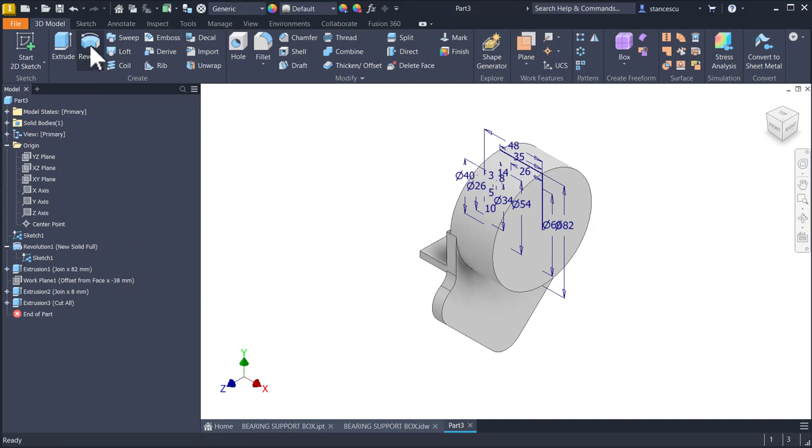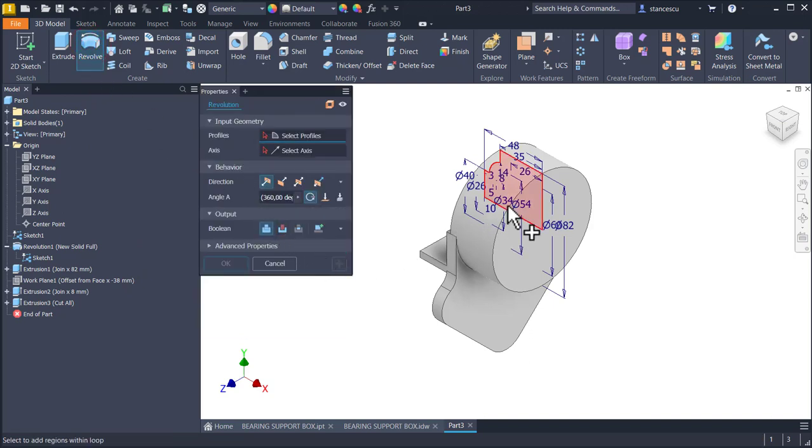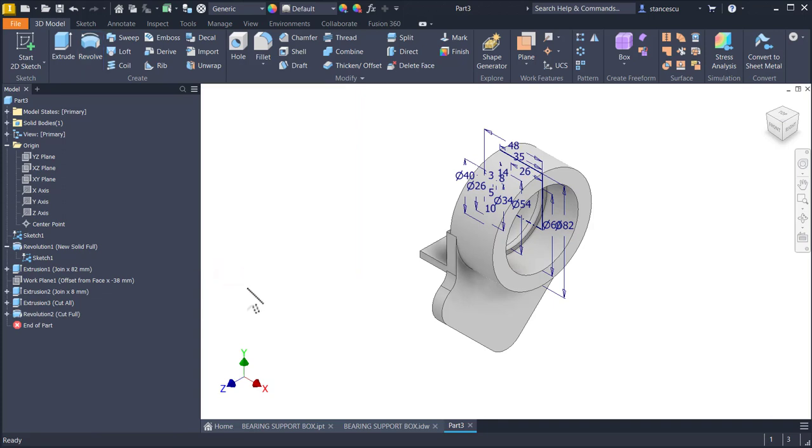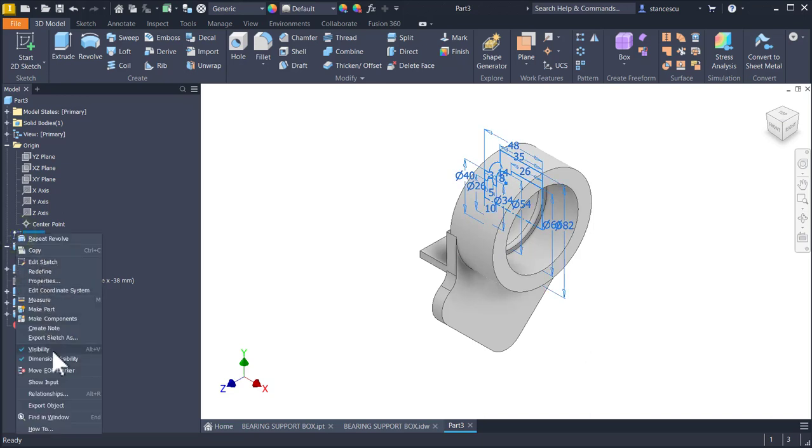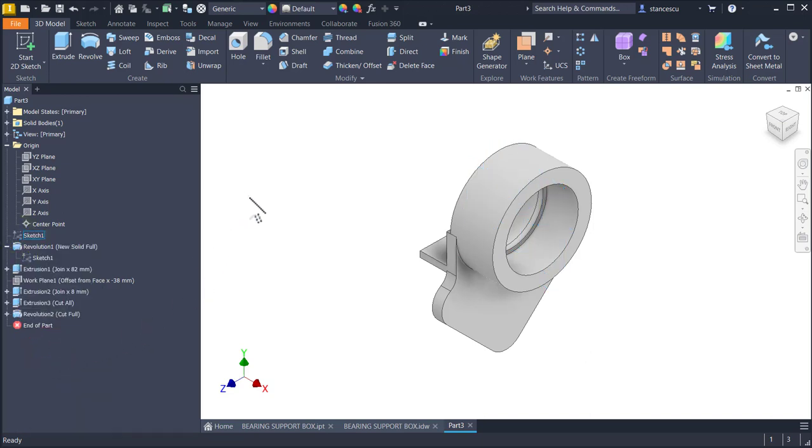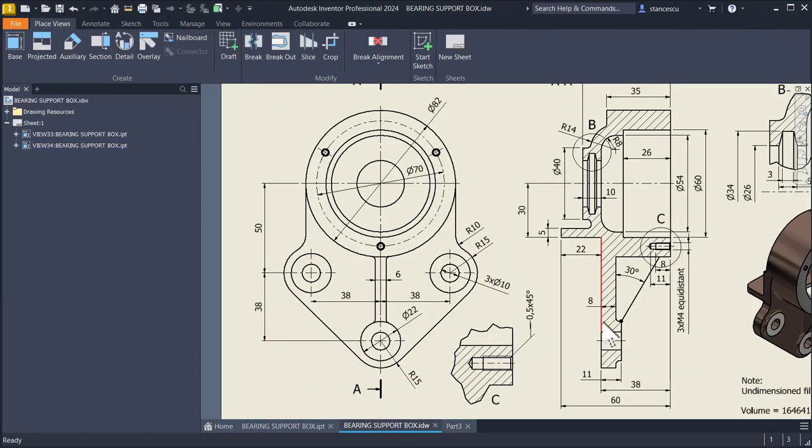Then I apply revolve by using this internal, not all. The axis is present here. I apply cut. OK. Then I hide this and we simultaneously hide also this sketch. Visibility. Good. What next? Next are these bosses,